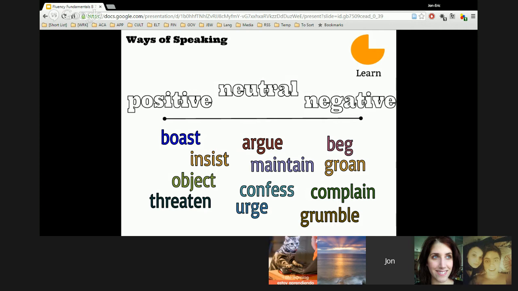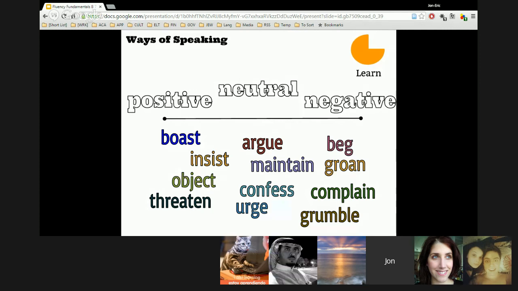So, is it a positive word? Is it a negative word? No, it is negative. It expresses disagreement with something. For example, residents object to the volume of traffic. The residents objected to the volume of traffic. Okay, so maybe it was too loud to live on that street or something like that.